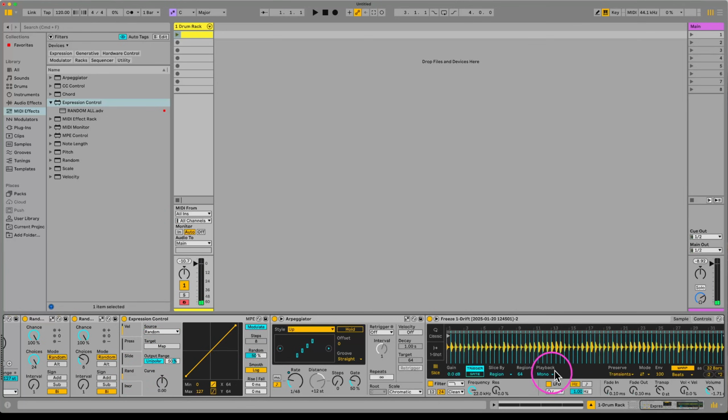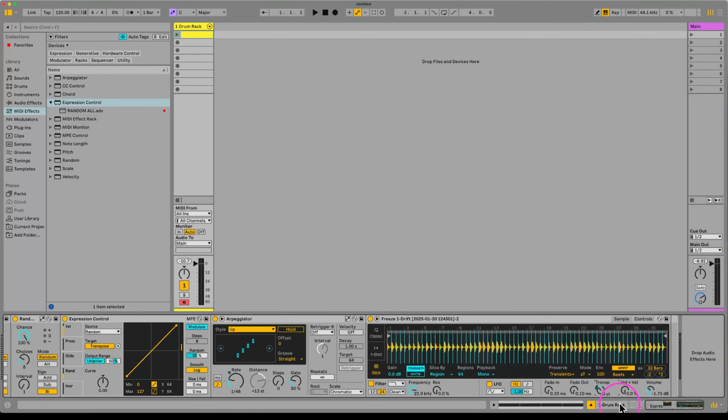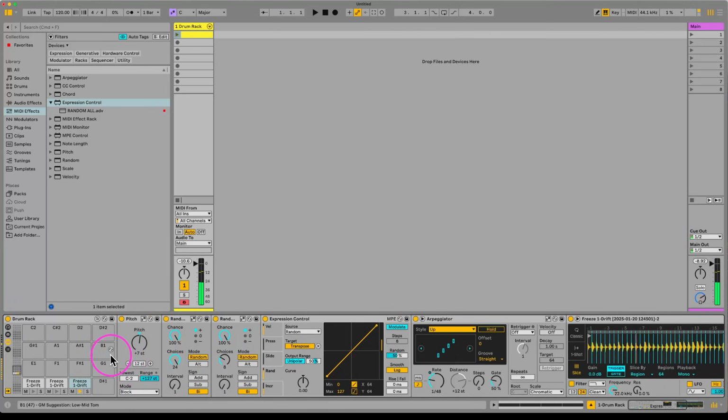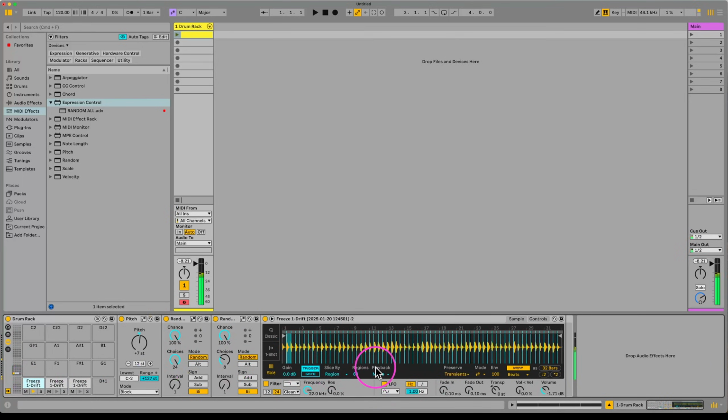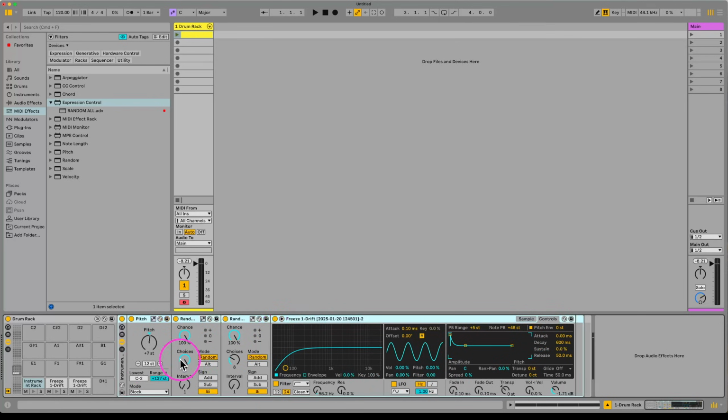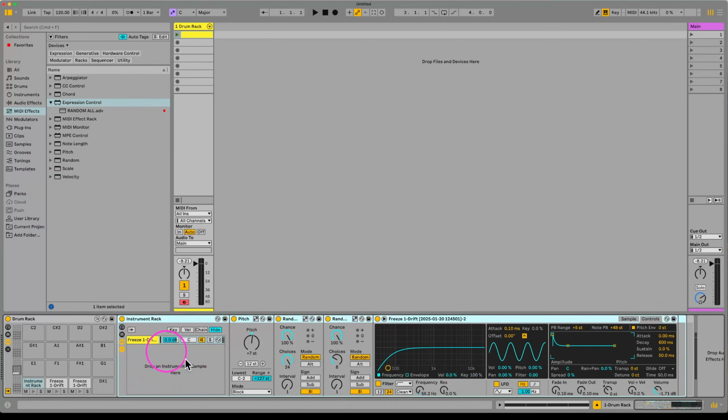The other thing I'm going to do, I'm going to map this to the transpose. All right. So you can hear, actually that's still pretty low, but still, I'm going to do that, and then I'm going to select all of this stuff, hit Command G and group it. Now underneath of this kick,